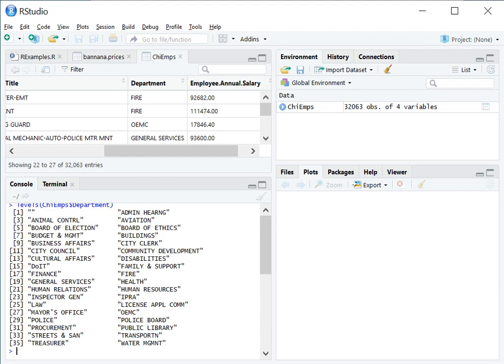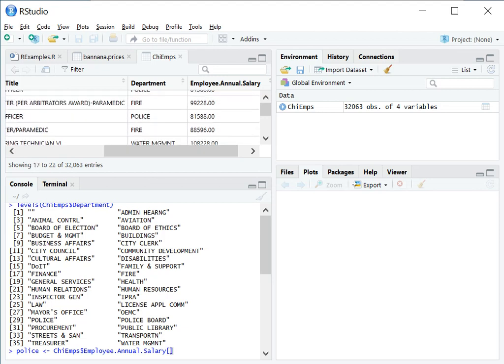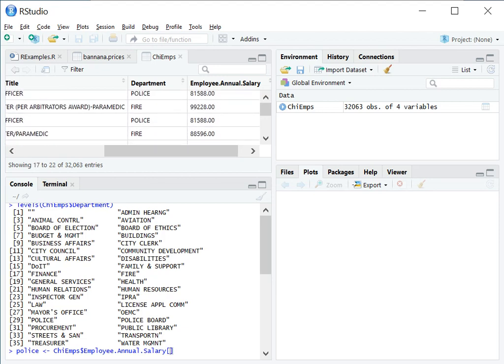Now, one thing that's important to do in data frames is to be able to filter them by some criteria. So for example, I want to see police salaries, okay? So police, that's going to be my variable. I'm going to assign it the employee annual salary, but I'm going to filter this. I'm going to say only of the rows that have police in the department. So I'm going to say employee salary only where